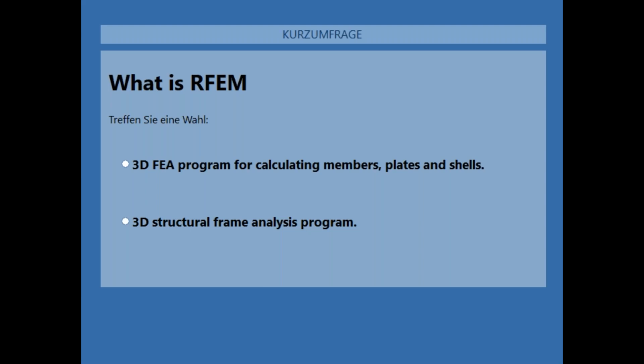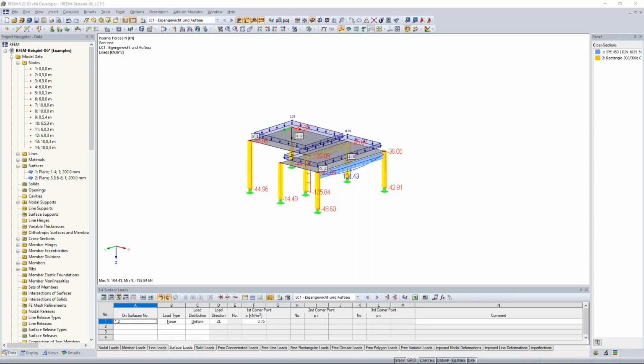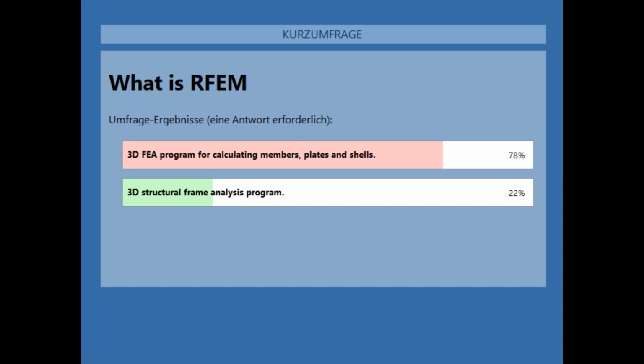Good, 90% have voted, so I close this poll window here. I show you the results. So RFEM is a 3D FEA program for calculating members, plates, walls, folded plates, shells, solids, and also contact elements. So everything is there. But not a 3D structural frame analysis program. This is RSTAB. So it's another program of our software